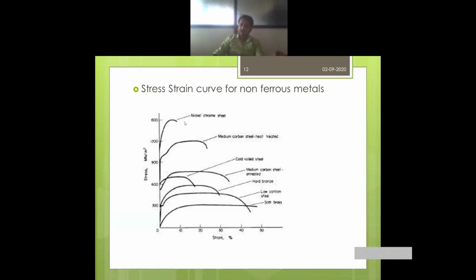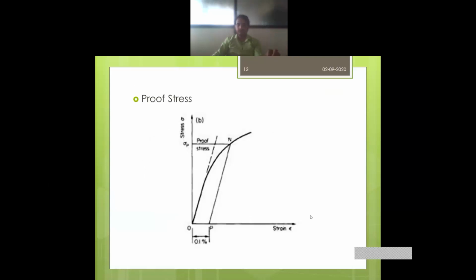Even though nickel has the capacity to carry a very high load, it doesn't have that much ductility, but it has the strength. Okay, so for different purposes we can use different materials. So this is what the study of tensile test shows for you. Even for compressive stress, we can draw this similar kind of graph. Okay. So we shall move on to the next slide.